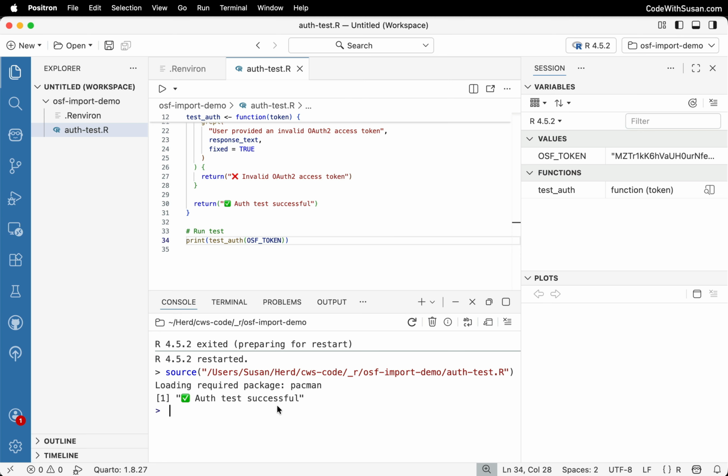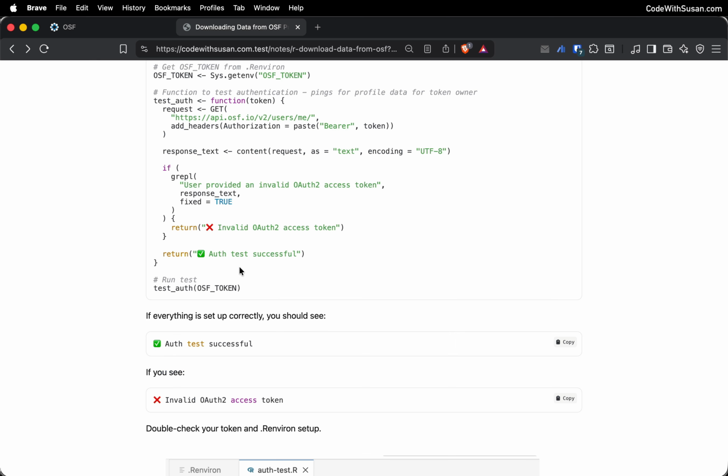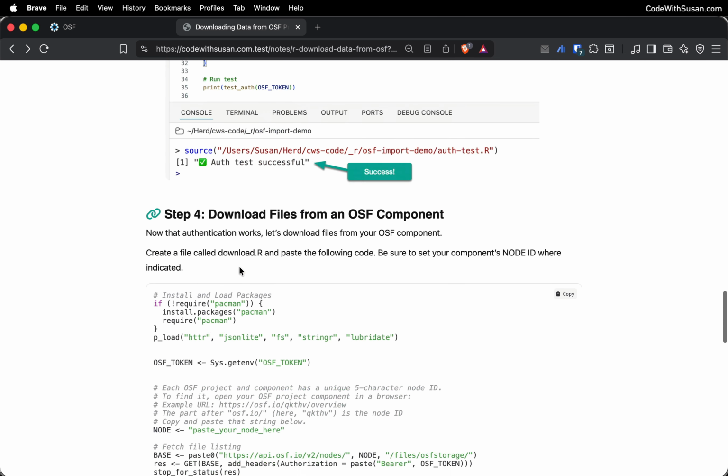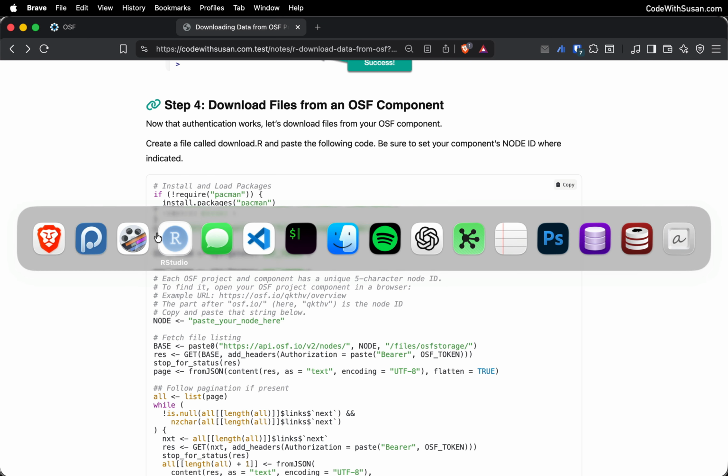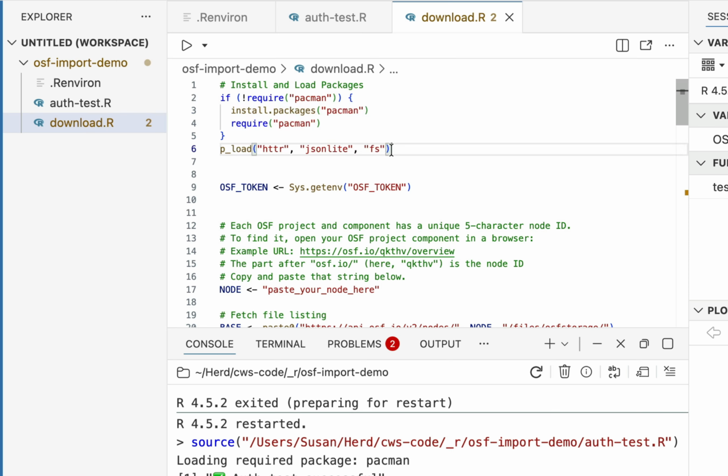So now we can move on to the next step, which is the code to actually download our data. For this, I'll create a separate script. I'll call it download.r. And once again, I'll go over to the notes that accompany this video for the code we can work with. This is going to be under step 4. And just like our previous script, we start by loading the necessary packages. We access our OSF token. And then following that, we need the ID of the node or the component we're going to be importing data